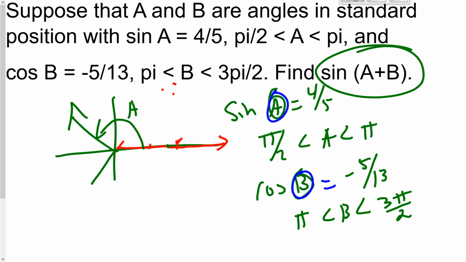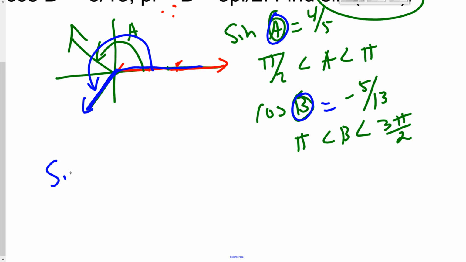So angle B is somewhere down here. Let me switch colors. B is somewhere down here, right? So it's opening up down here. And we want to find, okay, what is angle A plus angle B? So sine of A plus B,